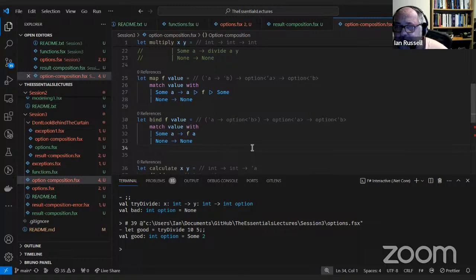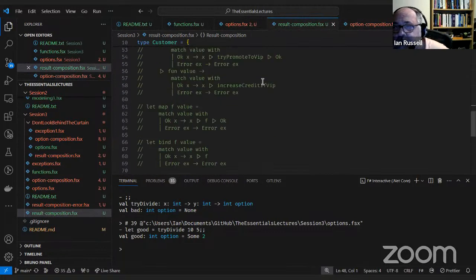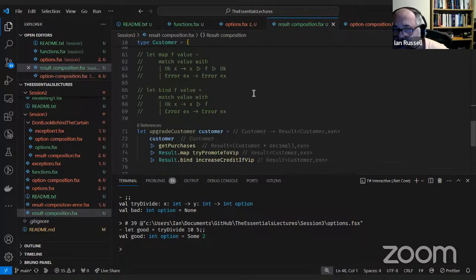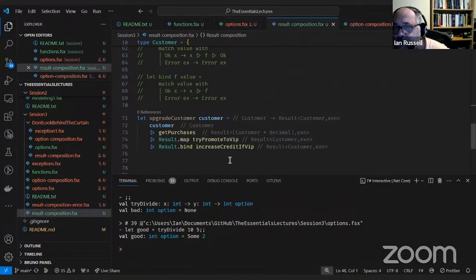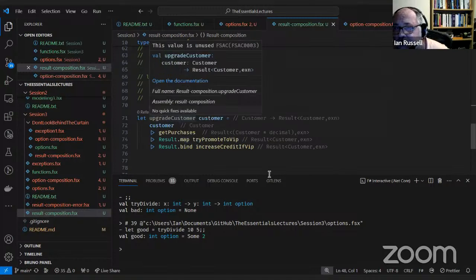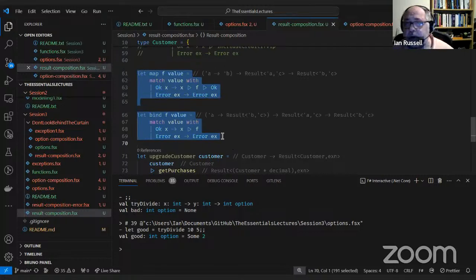To be. So I'm just trying to think out loud here. So that's definitely the correct signature. So if I go back to my result computation, so if I look over map and bind again, just want to look at the signatures.